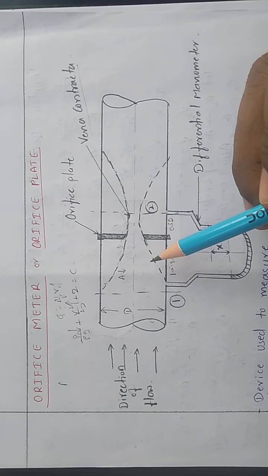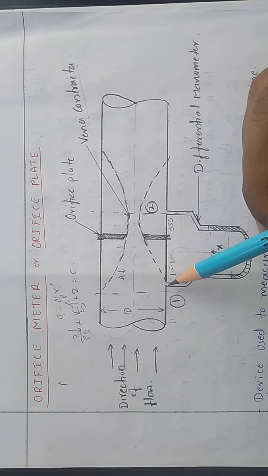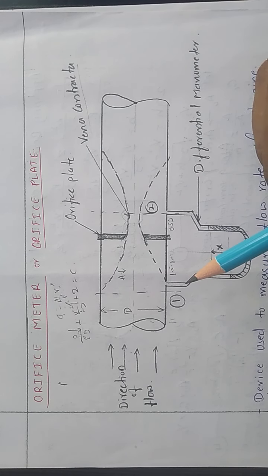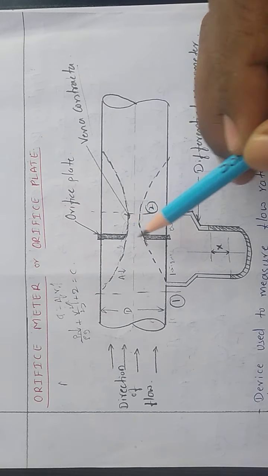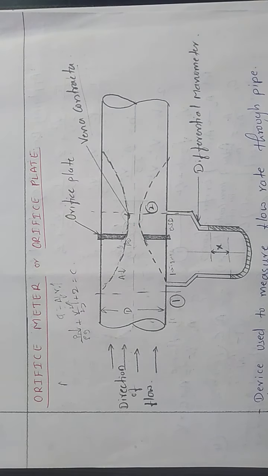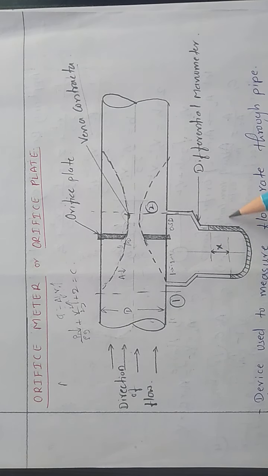The entry of fluid to the orifice plate, where we have fixed the differential manometer, we call section 1. And this cross section I'll call A0. We'll see it in the derivation. We have fixed a U-tube manometer in which we have some heavy fluid; it depends on the application. Here I'll take the example of mercury. Since pressure is less, the level of mercury here is more and here it is less, and this difference is x.